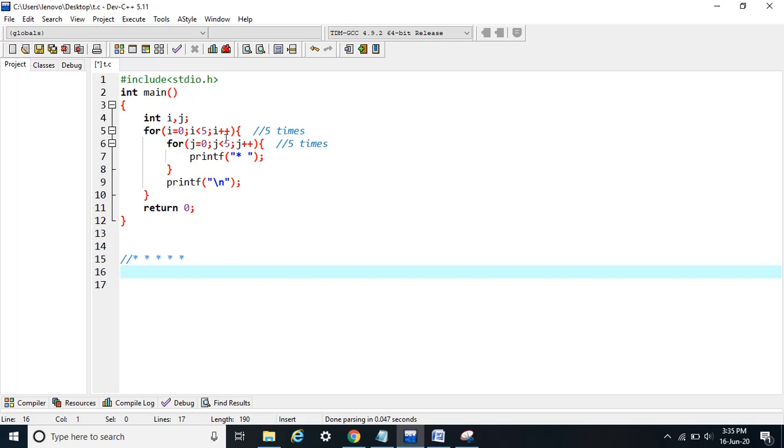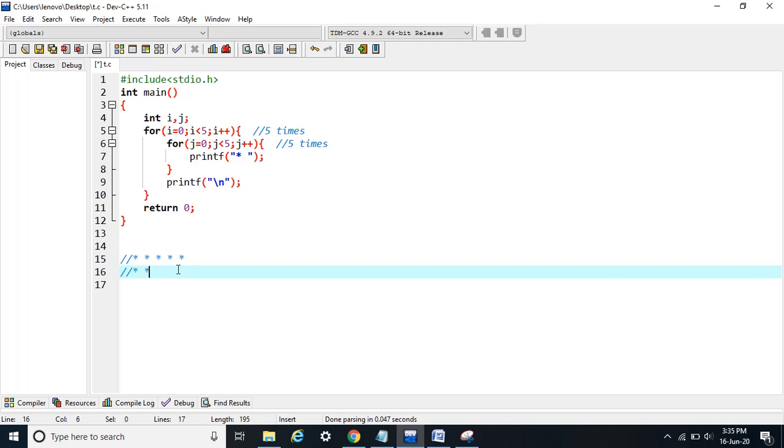After here again we will reach i plus plus, i will become 1, again check the condition whether i is less than 5, yes it's true, so the control reaches here. Again j will be set to 0 and the same process will be repeated and 5 stars will be printed.